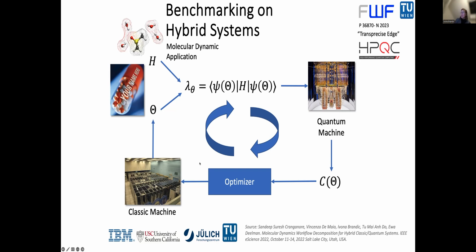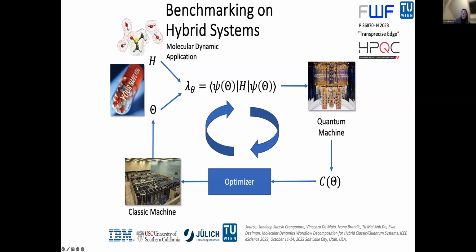And we have developed a benchmark with our colleagues from University of Southern California and Jülich, so that the molecular dynamics application is executed on the quantum machine and on the classical machine. And our benchmark is how far are we from the classical execution, right? So we have to find means to represent this computation on the quantum machine without losing too much accuracy compared to the classical machine. And to do that, we run classical optimizers, create a cost function that gives us